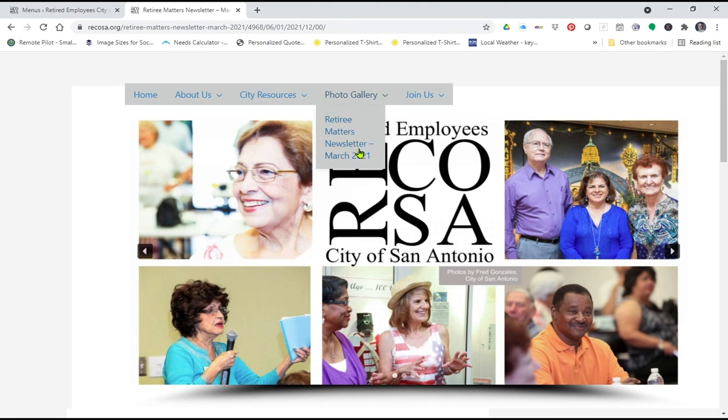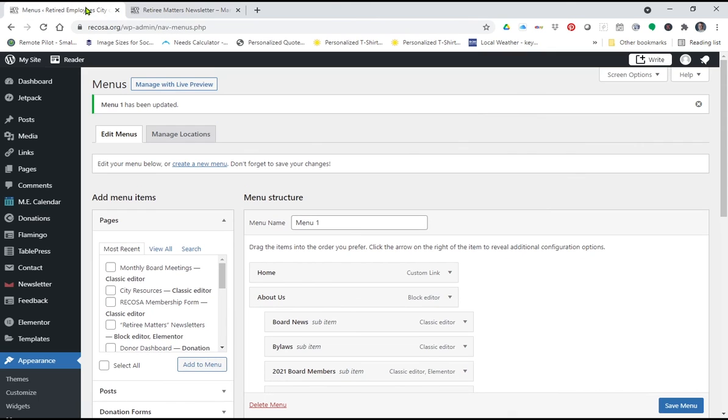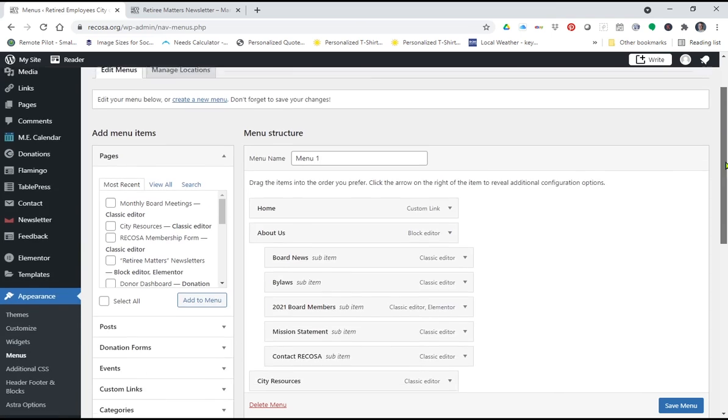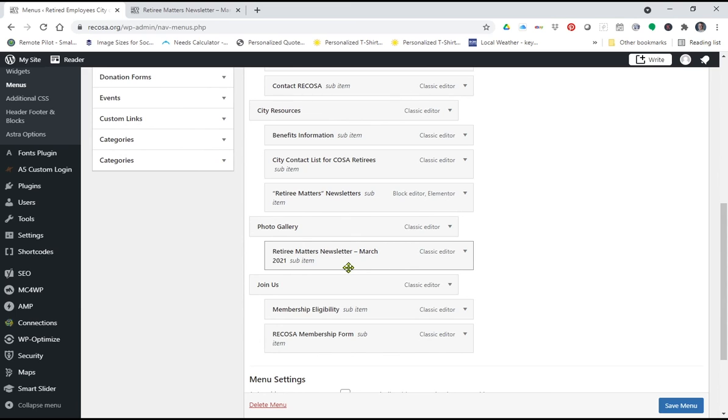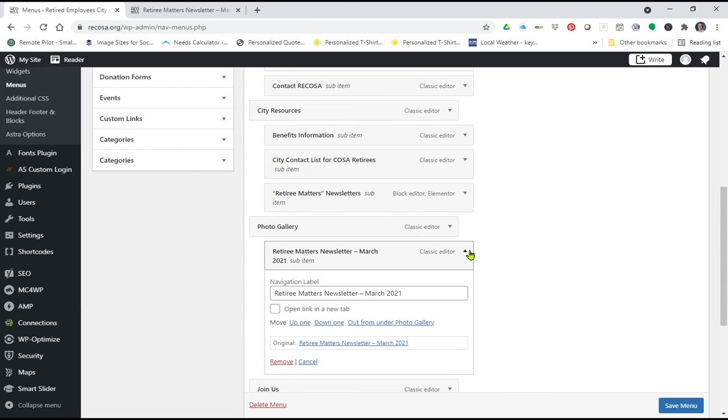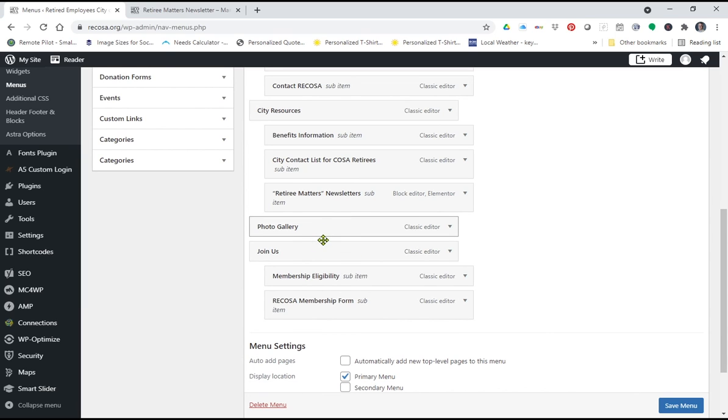We don't want this Retiree Matters Newsletter to be under the photo gallery, so let's go back over here and get rid of it. We will go to the menu section, and here is what we just added, the post. We'll go here, and we're going to just remove it here. Now, just because I'm removing it from the menus doesn't mean that it removes the post. The post still stays in the timeline of blog posts, but I'm going to click remove. You can see that it's no longer there under photo gallery. I'll hit Save Menu,